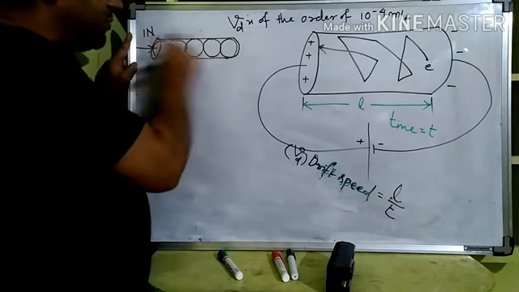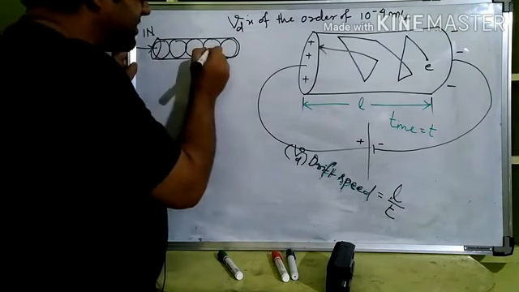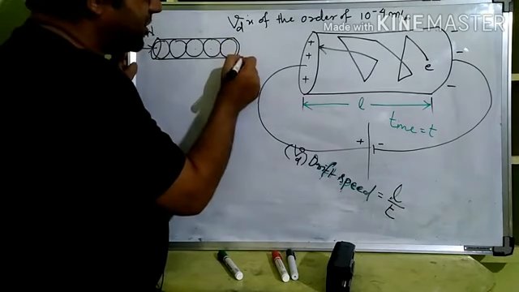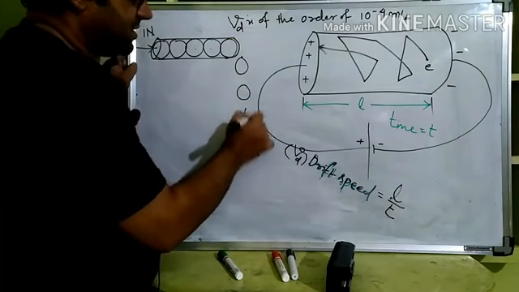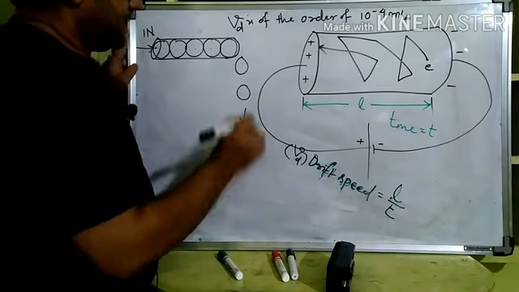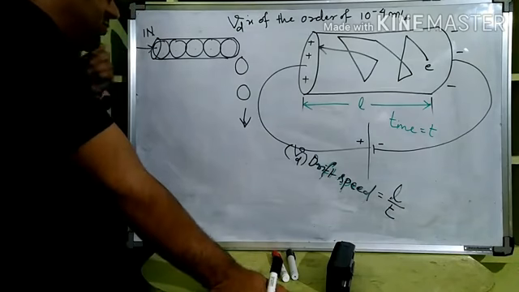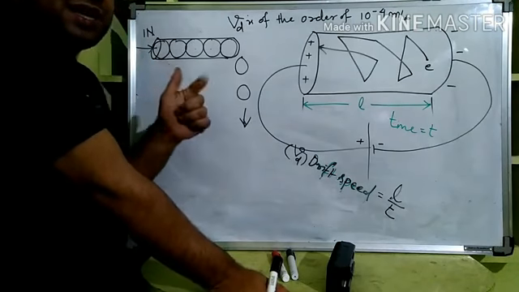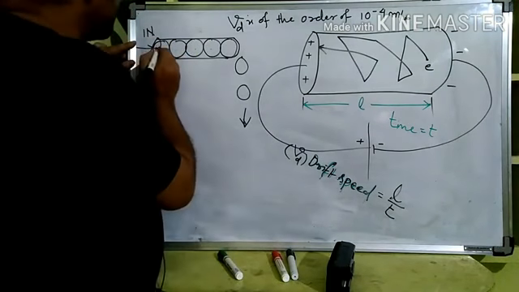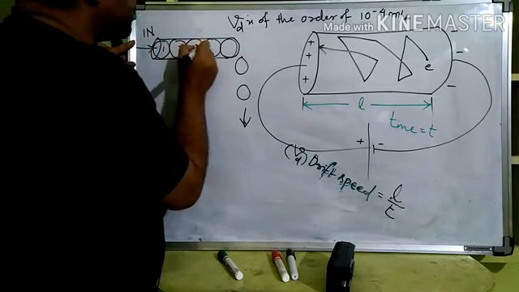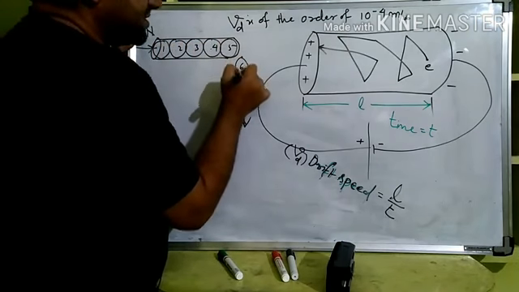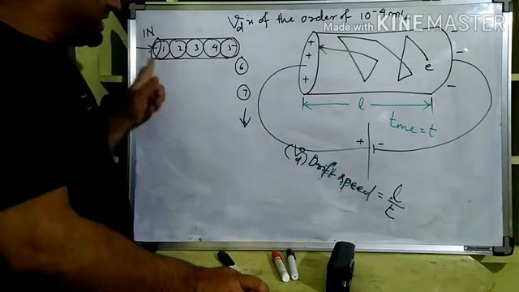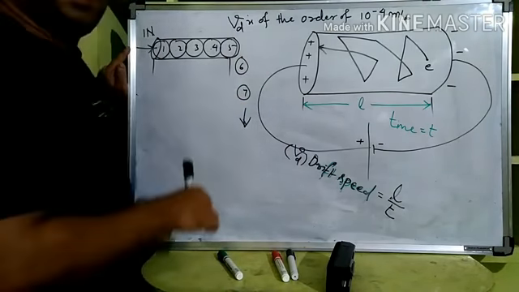You pushed it. The moment you pushed it, this hits this, this hits this, and that hits the next ball, and immediately the moment you pushed, a ball falls from here, right? So the moment you push it, a ball falls from that side. So it is immediately fast. However, you see that when you push this ball, let us say this is ball 1, 2, 3, 4, 5, and this 6, 7. These balls fell down. However, ball 1 is pushed and that has not moved from one end to another end.